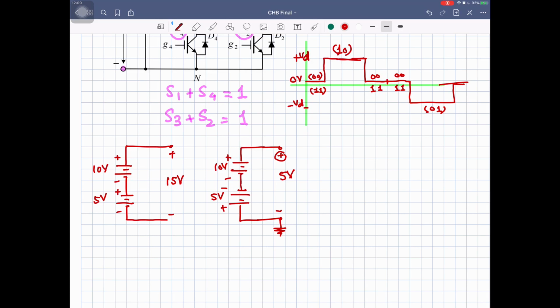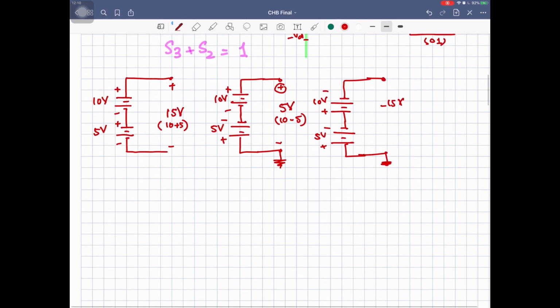So polarity decides what your output voltage will be. Over here you are getting the addition, 10 volt plus 5 volt. Over here what you are going to get is 10 volt minus 5 volt. And if I have the polarity like that, minus plus, this is 10 volt and this one is 5 volt, and this is our reference point, what will be the potential at this point? That is minus 15 volt with respect to the reference. So by having different combinations and polarities, we can get different voltage levels at the output.